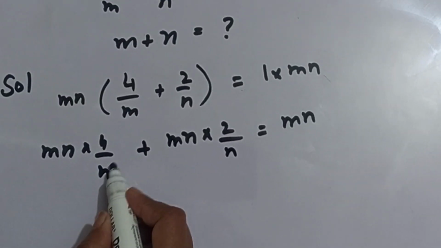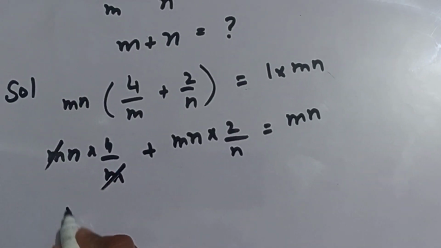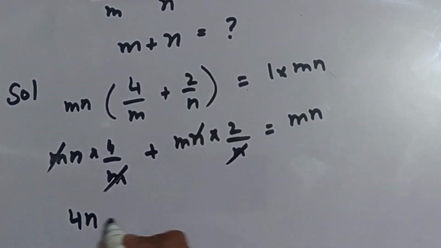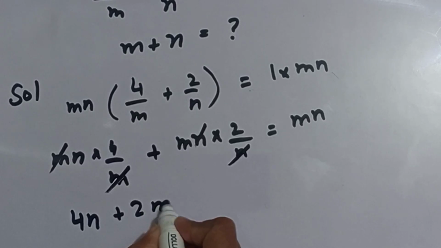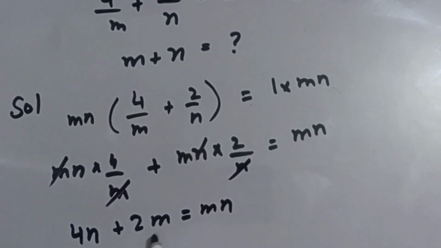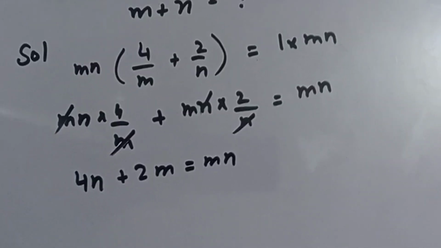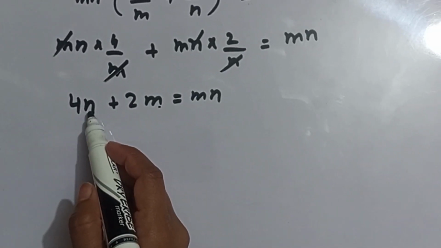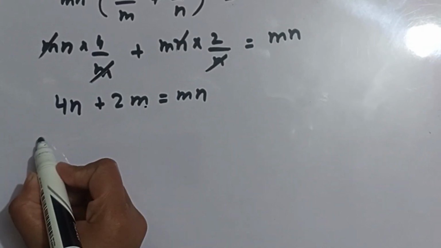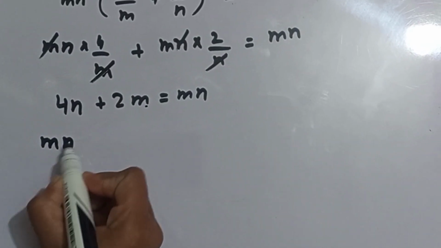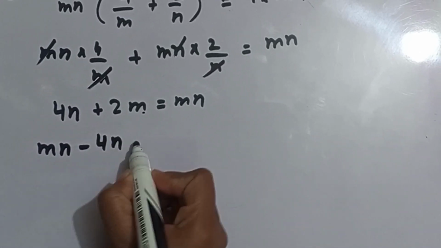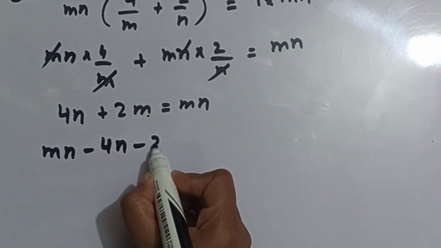Now we simplify this: m and m cancel, we just get 4 times n. This n and n cancel, we get plus 2 times m. It's equal to the product of m and n. Now we rearrange this equation. In this step we subtract 4 times n and also subtract 2 times m on both sides of this equation. Then we get the product of m and n minus 4 times n minus 2 times m,